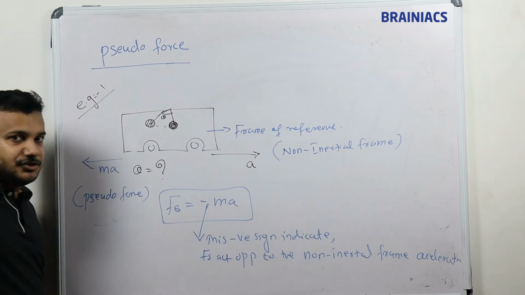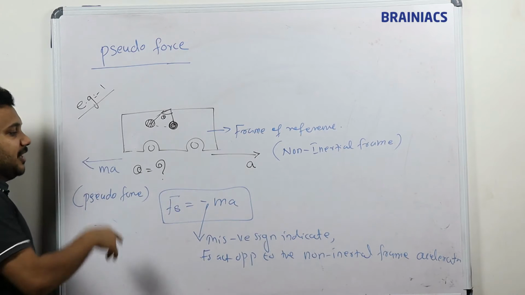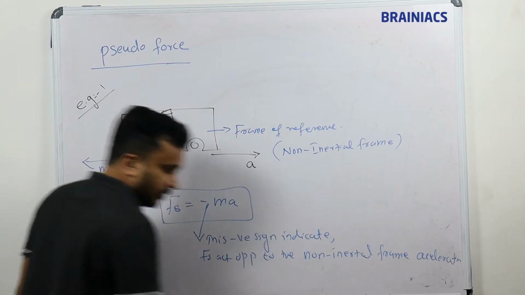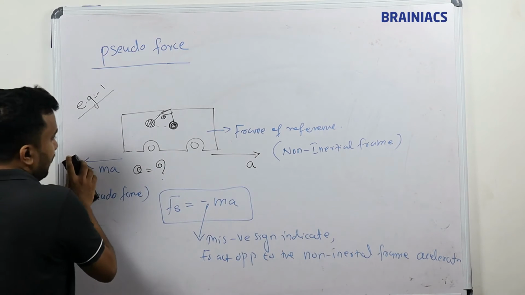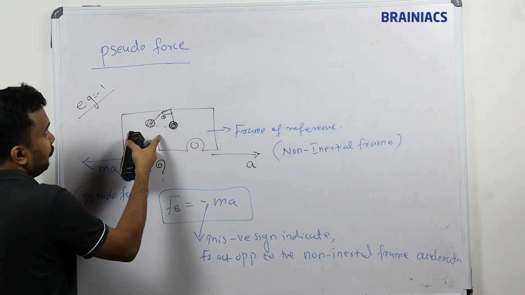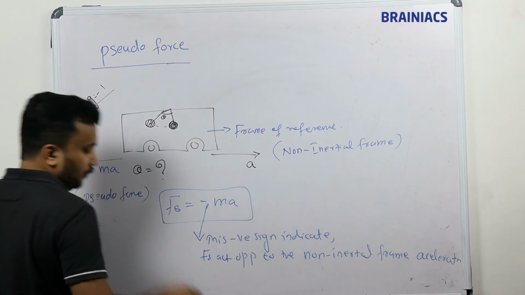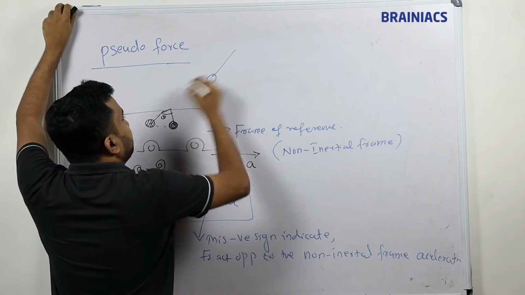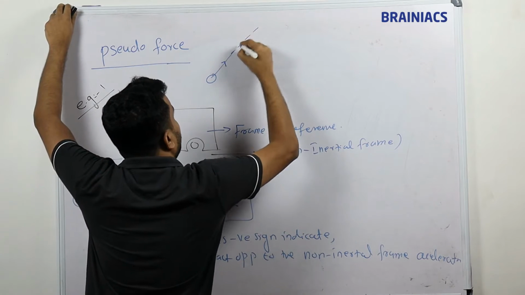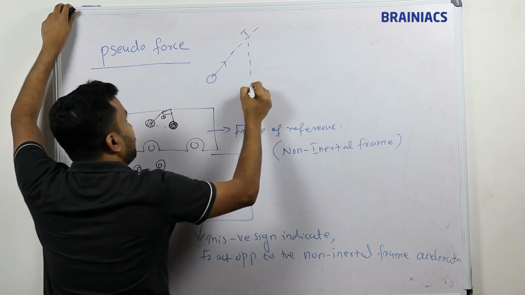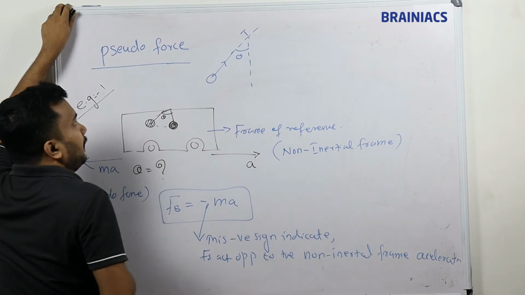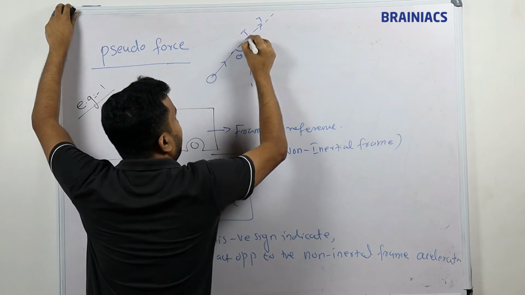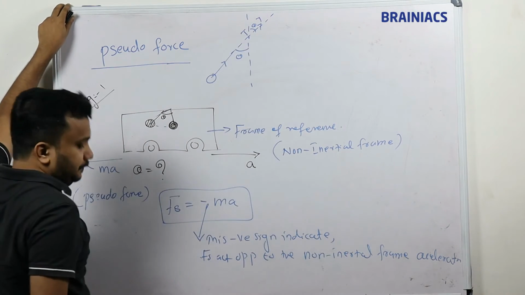This is the first concept we have to derive from here. Based on that, we will draw the free body diagram. You can pause the video and note this down. I'm going to draw the free body diagram for this pendulum. The pendulum is in this position, and the tension force acts at an angle to the vertical. This angle is theta. I can split this tension T into two components, and this angle is also theta.